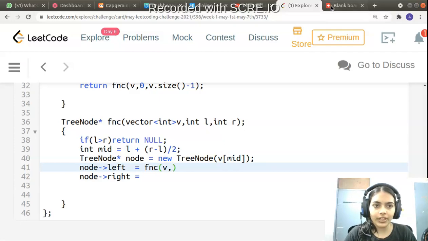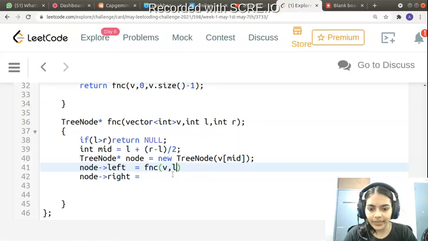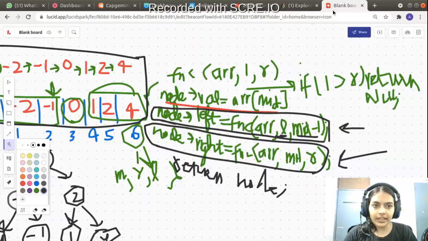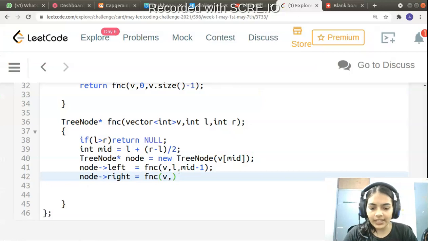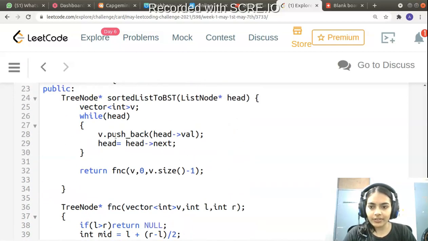So let me continue with v, and you are going to have L comma mid minus 1. And for the right, in place of left, you are going to have mid plus 1, and right is going to remain as such, right? So this is the algorithm. And finally, after this happens, you can just return node each time, and that will finally get returned.